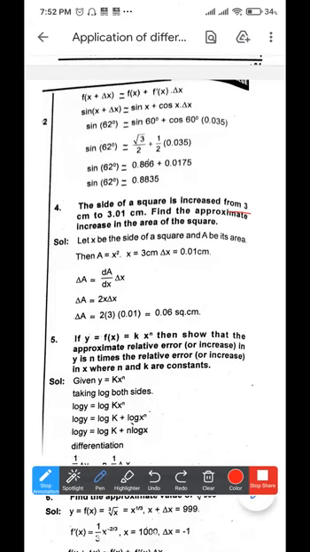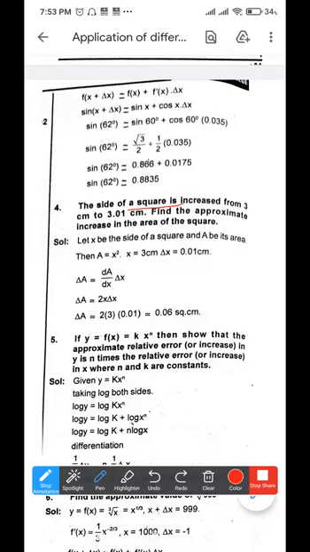The side of the square is increased from 3 to 3.01 centimeter. Find the approximate increase in area. So the side of the square is increased. Like the room you're sitting in, it might be a square. If the room's sides are all increased by 1 inch, then how much area of the room has been increased? That we have to find. Over here, a square is given to us. That's not okay. Your room is a cuboid.